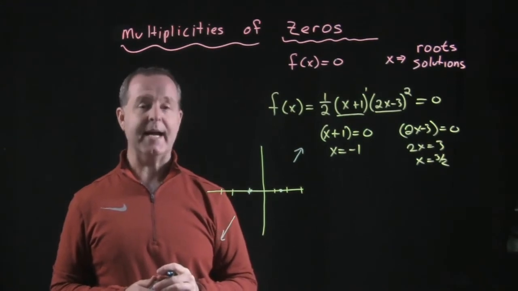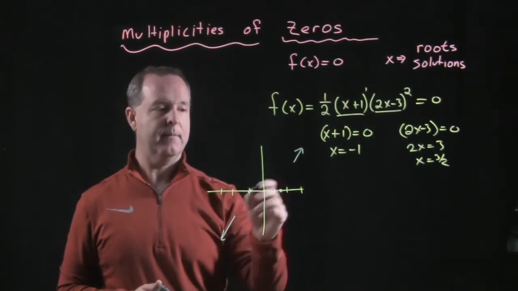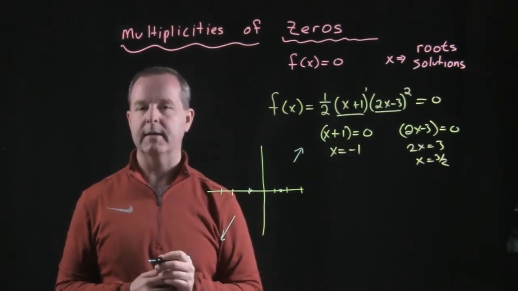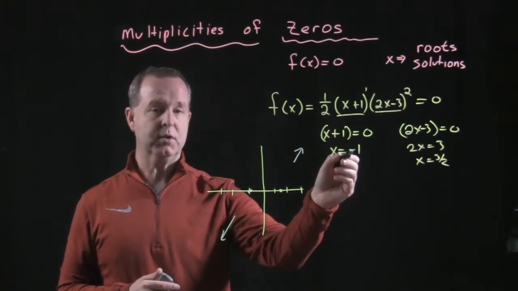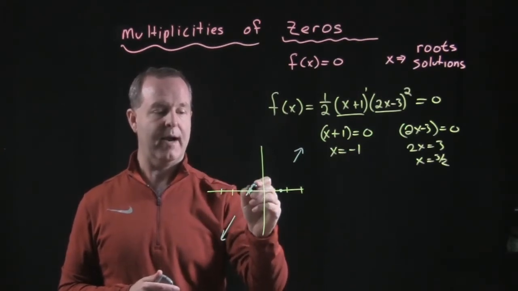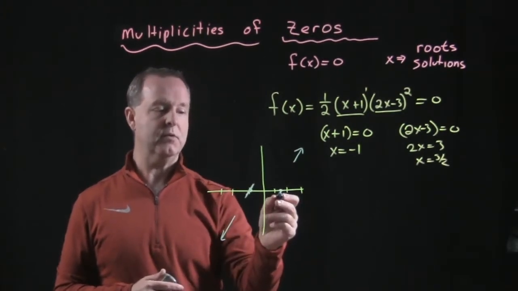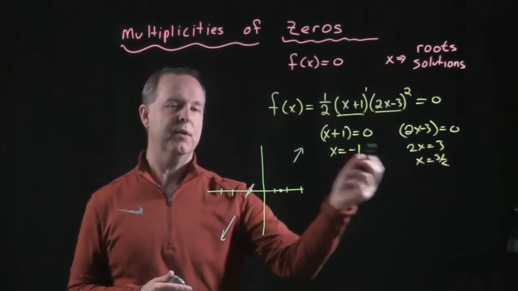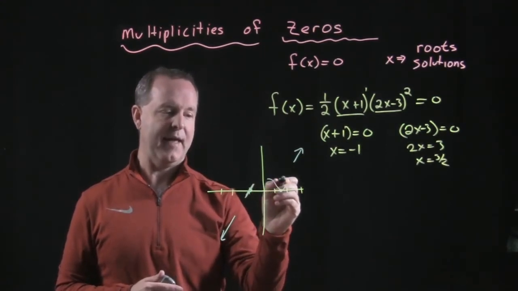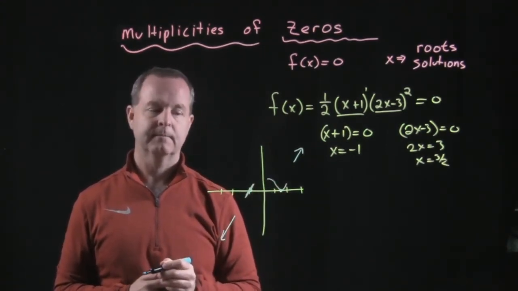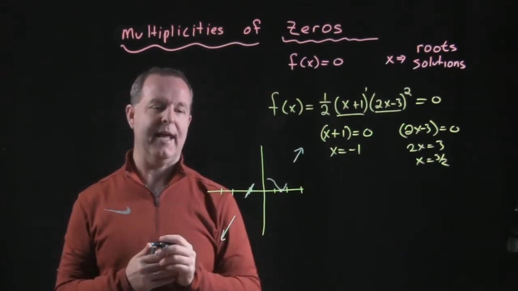All right, how do we connect the dots? What do we do with this particular case? Well, I know that x equals -1 is a solution, and it has multiplicity 1. So I know I have a graph that crosses at that particular point. This other solution, 3/2, has multiplicity 2, which tells me that the graph just touches at that point and turns around. And there, I have enough information to